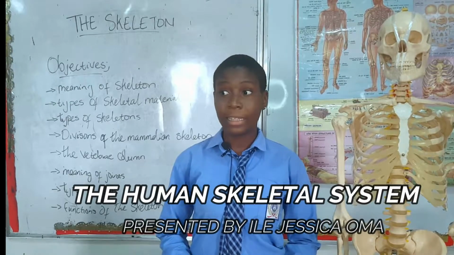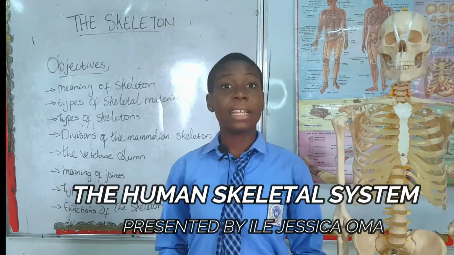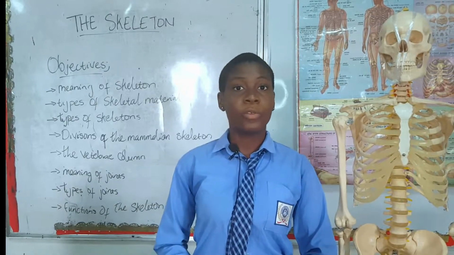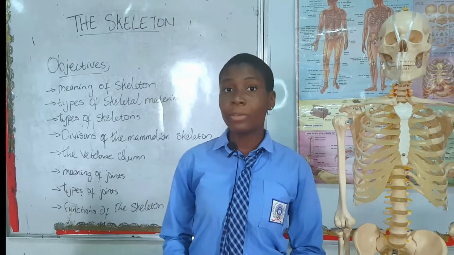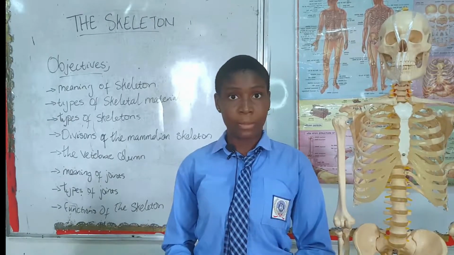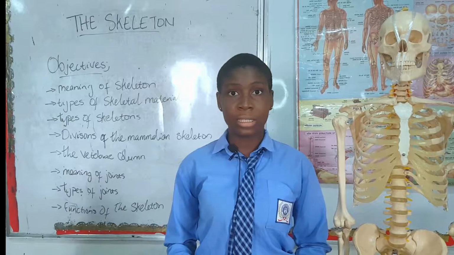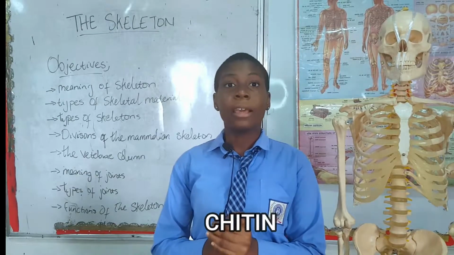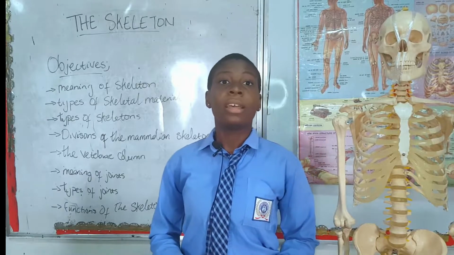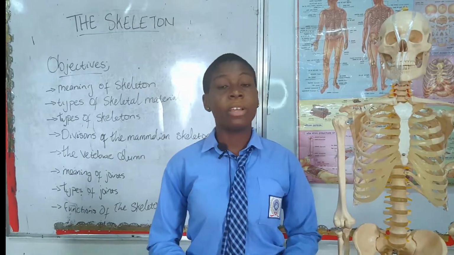First, I'd like to start by defining what a skeleton is. A skeleton can be defined as the bony framework of the body that brings about movement as well as support. There are types of skeletal material, that is, materials that can make up the skeleton of an organism. The first one we have is the chitin. The chitin is a carbohydrate similar to cellulose that is made up of non-living cells that makes up the skeleton